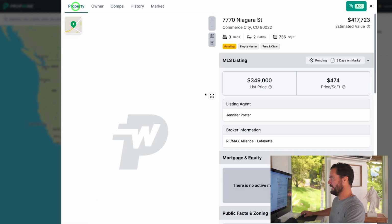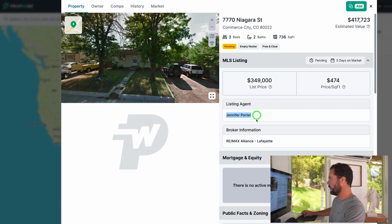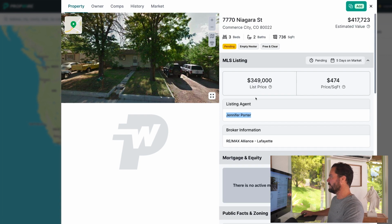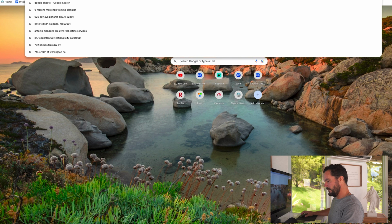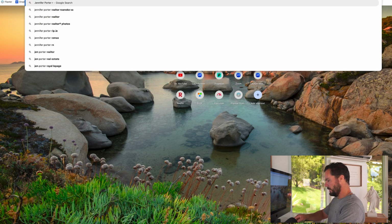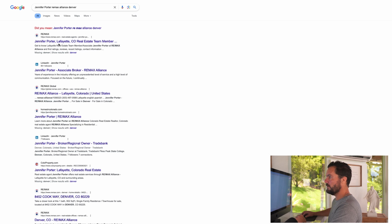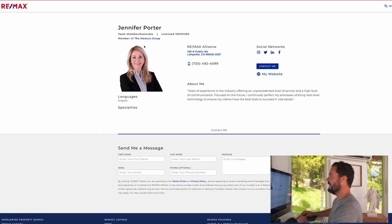So if I go back to the property, right here's this agent, Jennifer Porter, and it's not giving me a phone number. Typically with Propwire, we can get the phone numbers. We gather that data, which means now I'm going to have to go and Google her, and she's with Remax Alliance. So I would go up here and Google Jennifer Porter, Remax Alliance, and that's probably in Denver. So I'll put Denver, and what I want to do is find her. This looks like her right here. And I'm on Remax's website, and look, here's a phone number, and then I'm going to go ahead and text her, and I'm going to text her and basically say,